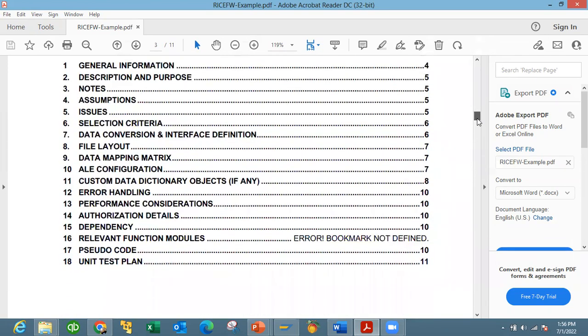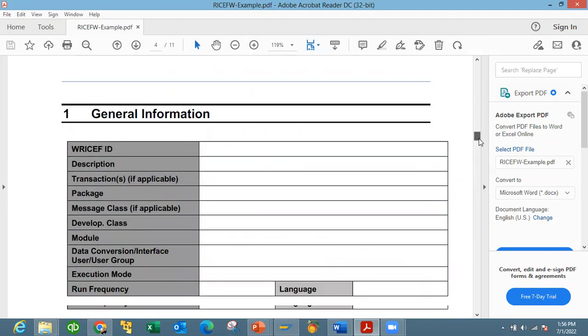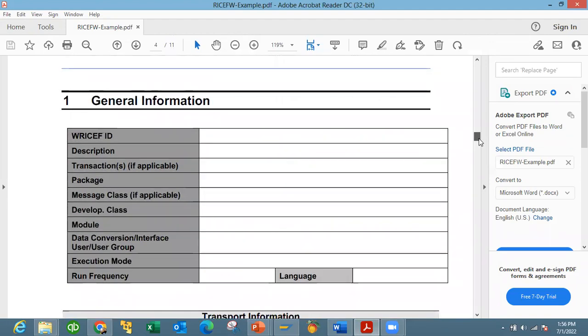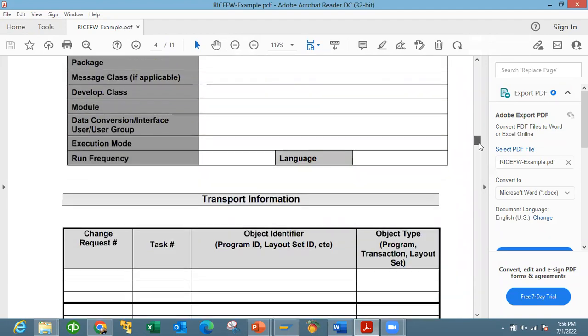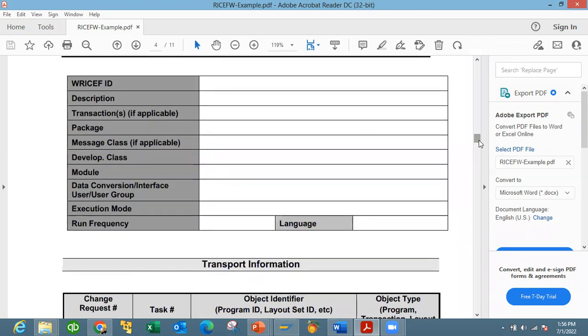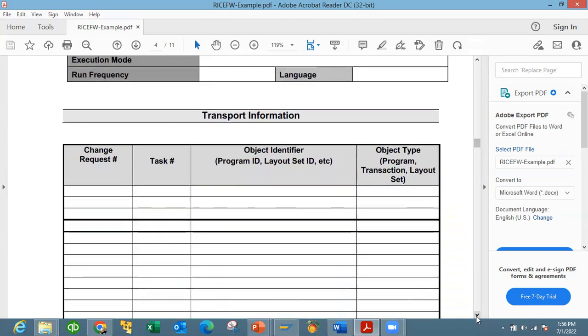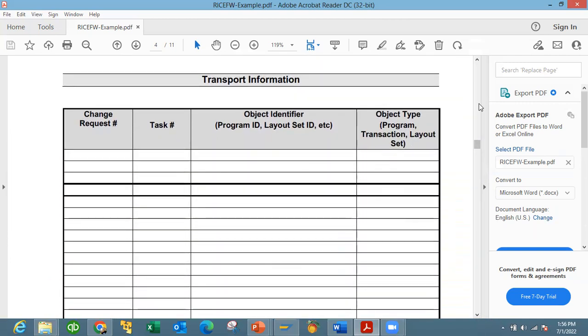You have a table of contents. So, right, so you can get the RICEF ID. So all these specifications will be discussed and made available to all the consultants. The RICEF ID, the description, how these documents will be filled, and what are the core requirements. Then you have the transport information. Please, you can check our YouTube channel. We have discussed about transporting